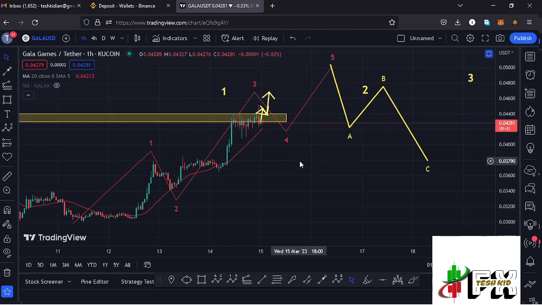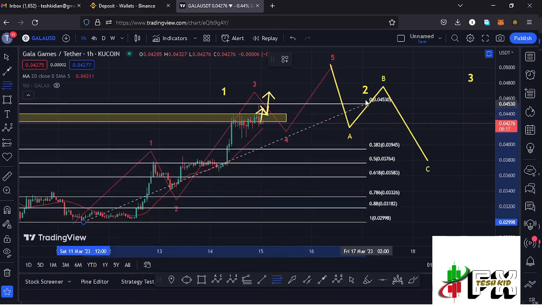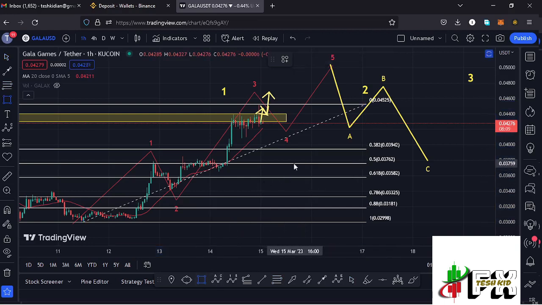We also need to have in mind that there are chances that Gala Games might have also peaked in the formation of that larger Elliott wave count 1 in the peak that we made yesterday at around the $0.04525 mark. And if that is the case, by connecting the Fibonacci's from the low of this second wave down here to the high that we made yesterday, then that gives me a minimum retracement area in the formation of that larger Elliott wave count 2 between the fib level 0.5 and the fib level 0.618, which lies between the $0.03762 mark and the